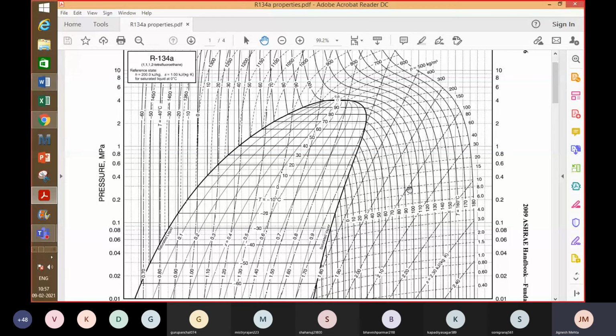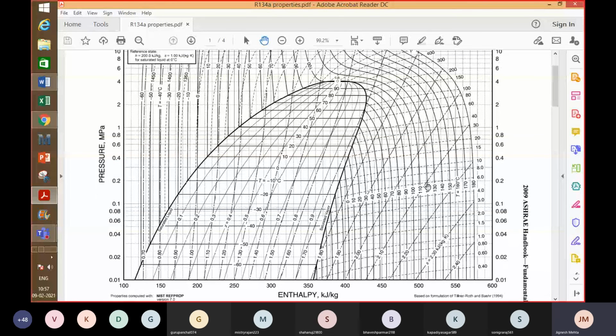You don't get such a TS chart, you get the pH chart only. And on the pH chart, you can plot the cycle, and the cycle also looks very simple there, right? Three of the processes are horizontal and vertical lines only. Only one process, isentropic compression, moves on a curve, right? So